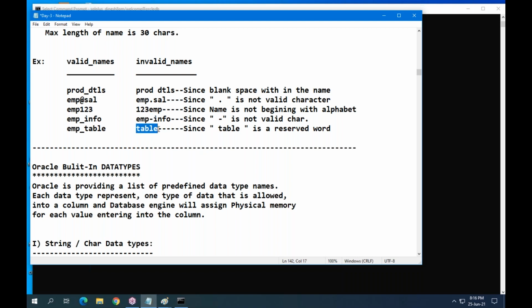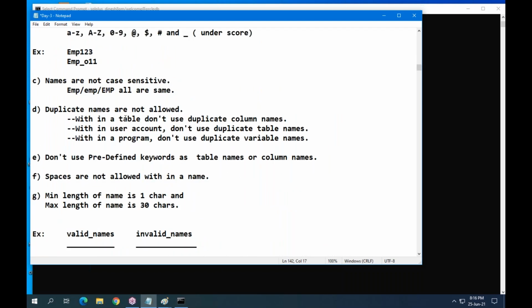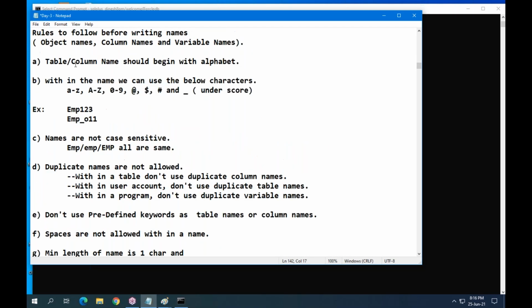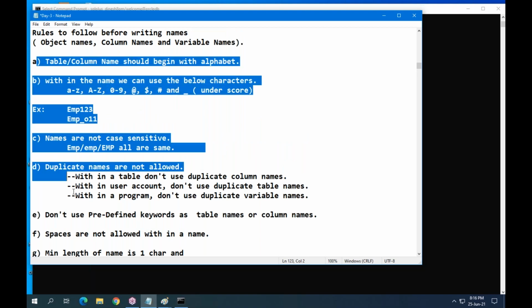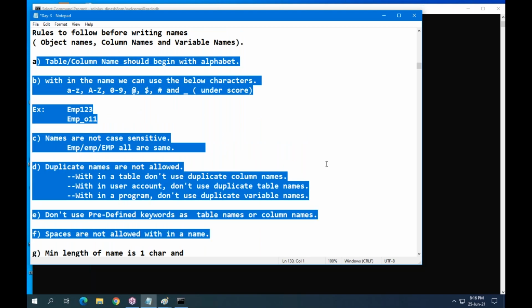Table is a predefined keyword or reserved word, so it's not valid. So before writing a table name or column name, you have to follow these rules. If you read them 1 or 2 times, you can easily remember.